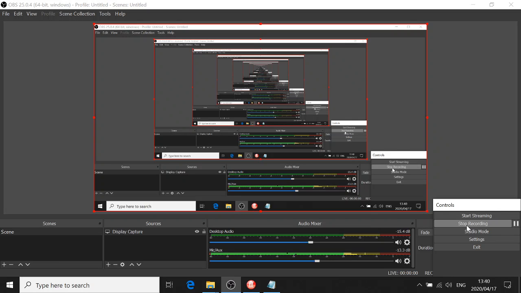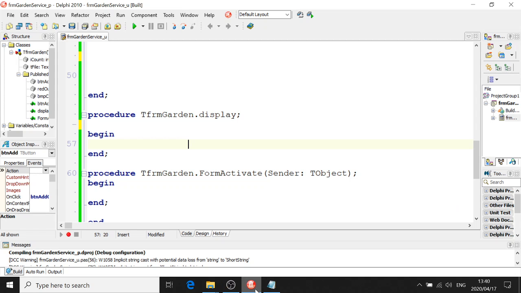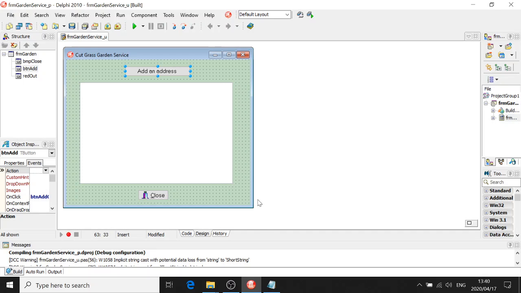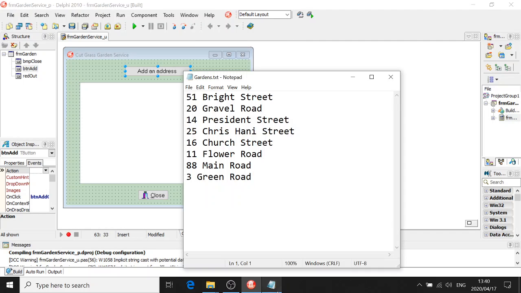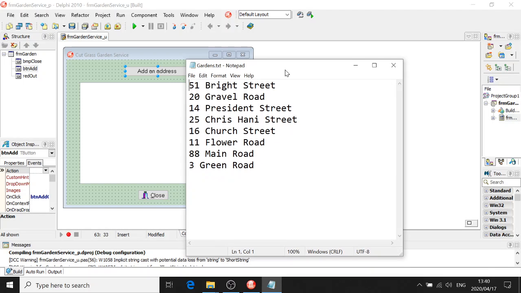Hello all grade 12s. We're going to do activity 1 number 2 on page 68 of your red practical textbooks. It involves a garden service and this is the interface. We are going to insert items into an array. First of all, we're going to read from this text file called gardens into an array that's already declared here